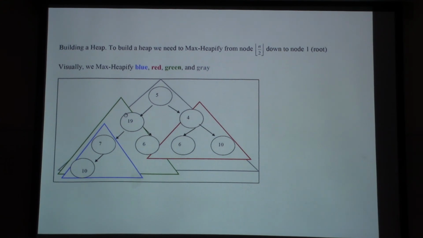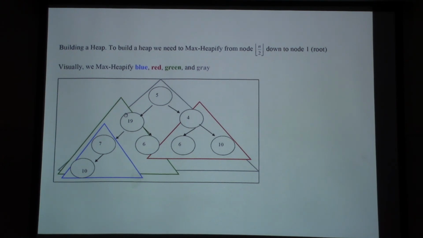Okay? What am I going to do now? I'm going to go to 2. When I go to 2, I'm over here. Keep in mind that I have a 10 up here. Notice that 19, is 19 bigger than 6 and bigger than 10? Then automatically green is a subheap. So I have now a subheap on the left side and a subheap on the right side of the root. So now my index goes from 4, 3, 2, now to the lowest index parent, which is always the root,